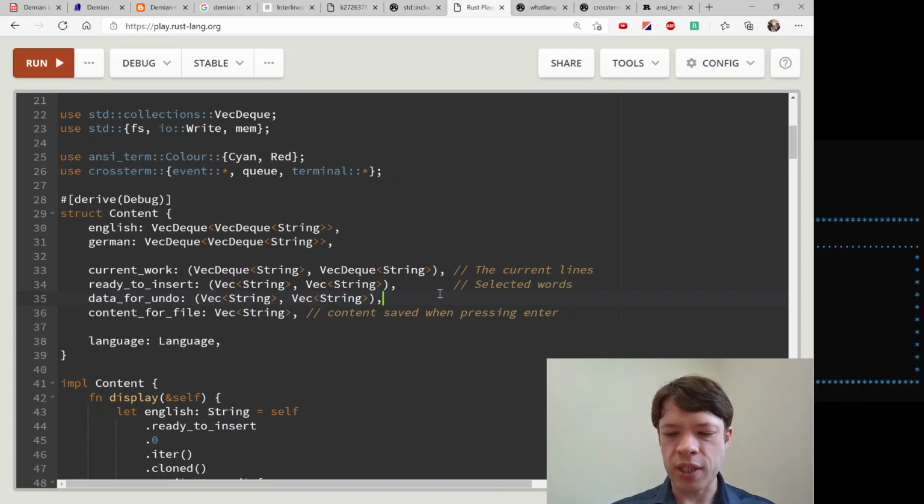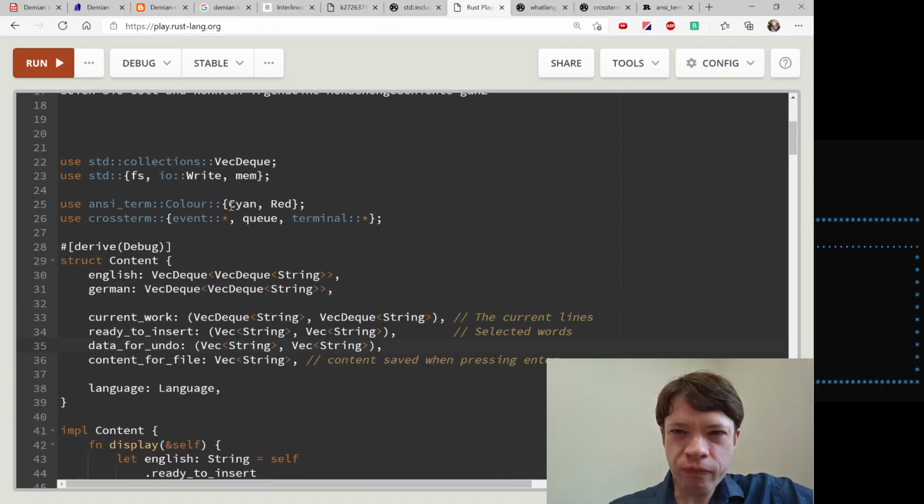I could have done more, but I kind of feel like if I need more than one undo, then maybe I don't deserve to keep using it, and I should just hit escape, which will save everything to the file, as you'll see in a second. Up here, so vecdeq, of course, you need to bring it in. It's not always in scope. You can see here fs, this is for manipulating files.